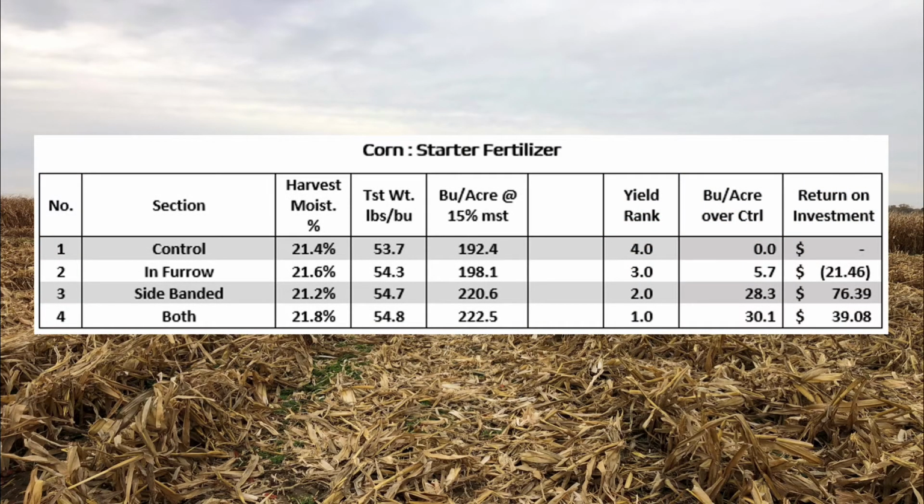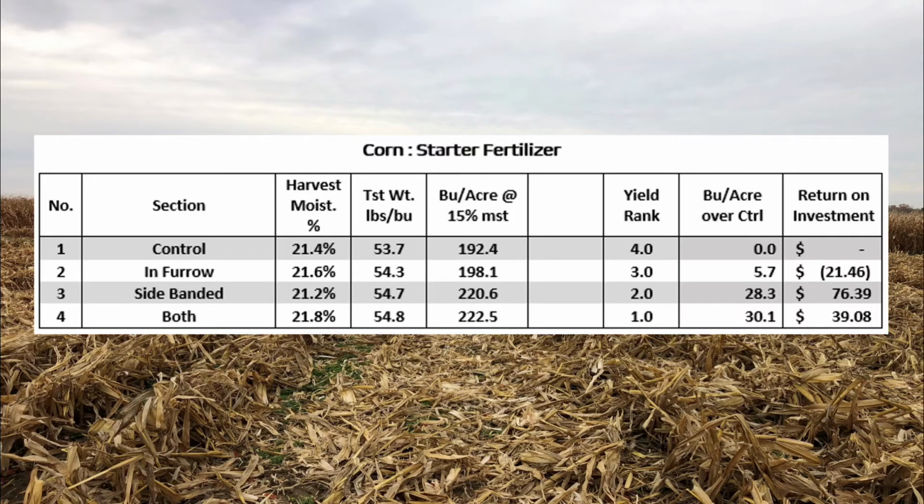In the starter fertilizer plot, we saw increases in yield when comparing the in-furrow, side-banded, and both in-furrow and side-banded sections with the control section. After calculating the ROI, there was a gain in the side-banded and both side-banded and in-furrow sections, but a loss